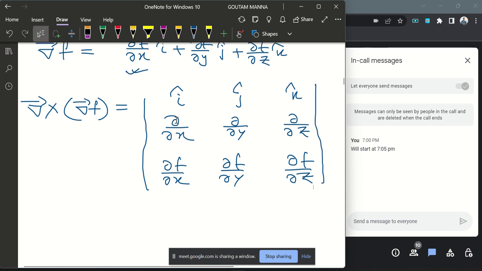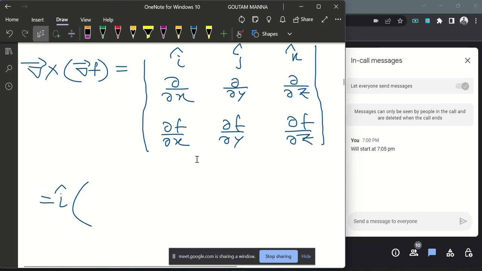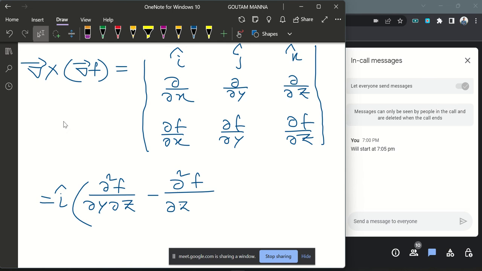Now to calculate the determinant, i hat times (del 2f del y del z minus del 2f del z del y)